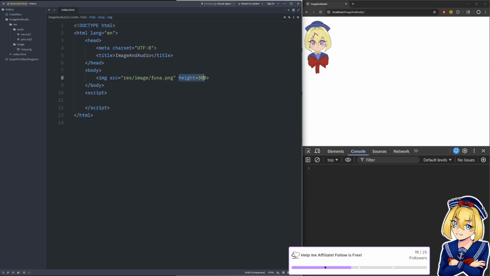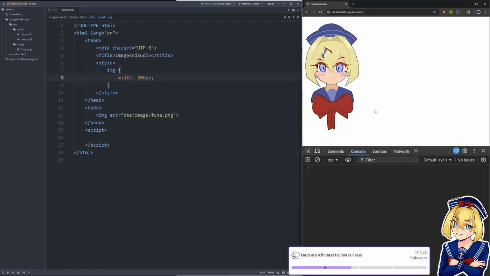Now, we did this in HTML. We can also do it in CSS. And CSS is kind of my preferred way of handling this stuff. So we'll just make an image tag selector. And then we'll say width is 300 pixels. And it achieves the same thing.